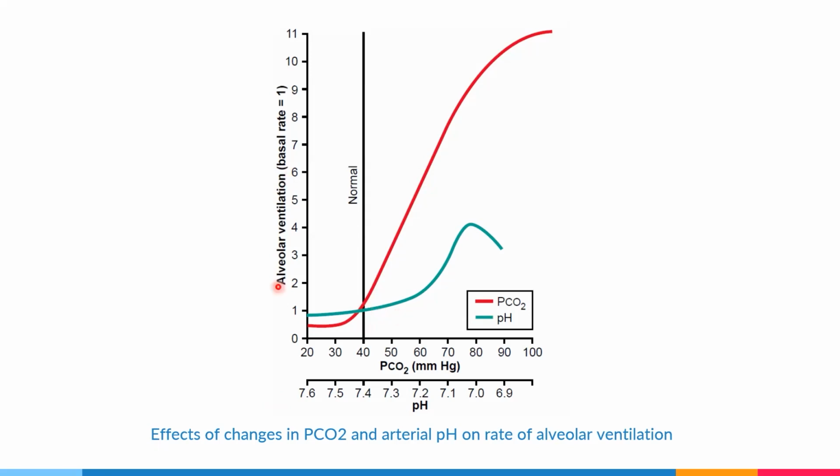This figure shows quantitatively the approximate effects of blood partial pressure of carbon dioxide and blood pH. And we know that pH is essentially the inverse logarithmic measure of hydrogen ion concentration and can act as a proxy for hydrogen ion concentration directly. Note especially